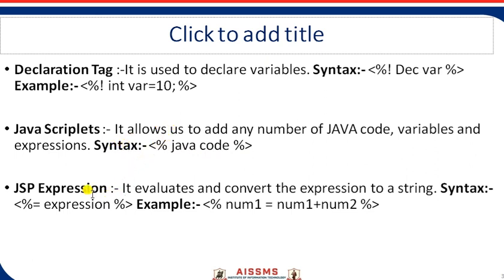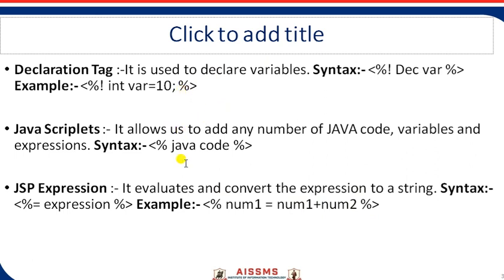And Java expressions, if you want to display the result of any expression, like num1 is equal to num1 plus num2, or c is equal to a plus b, it will add num2 to num1, the result will be stored in num1, and that will be displayed to you on screen. You don't need to write system.out.println directly. If you write this much, you will be able to display the result. So these are the basic